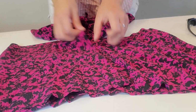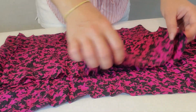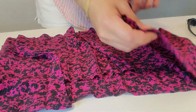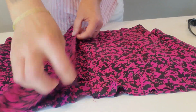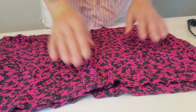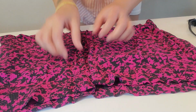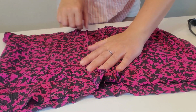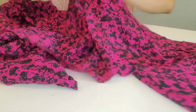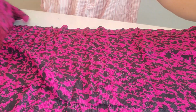So this is a little preview of what my plan is with this material. You see I have two long strings, but one end is nicely folded and the other one is not. So this is what I'm gonna do. I'm gonna double the material, and I'm gonna leave the inside material a little bit longer, so it's creating a little layers kind of feeling. It's gonna be pretty much like a square tube top, but when I'm done, the result will be cute. Alrighty, so